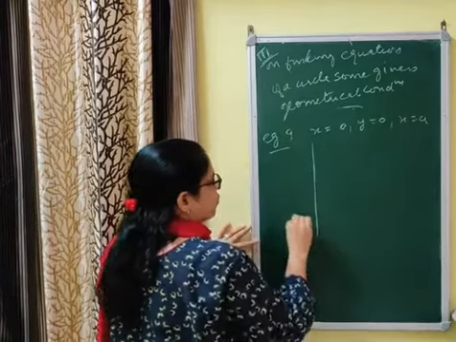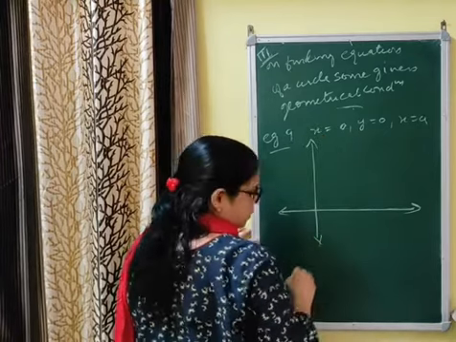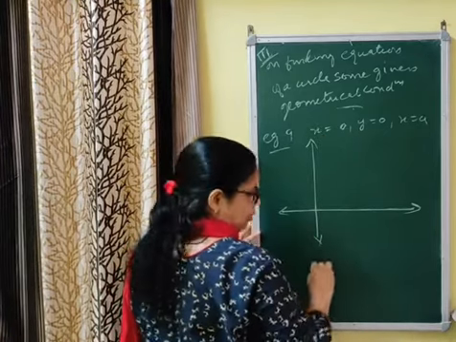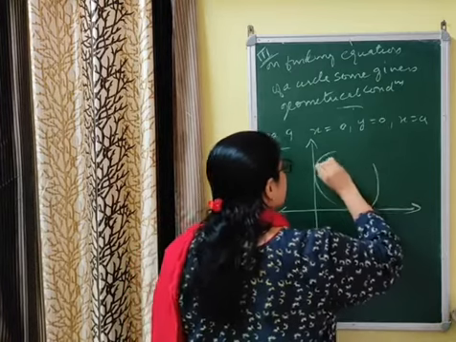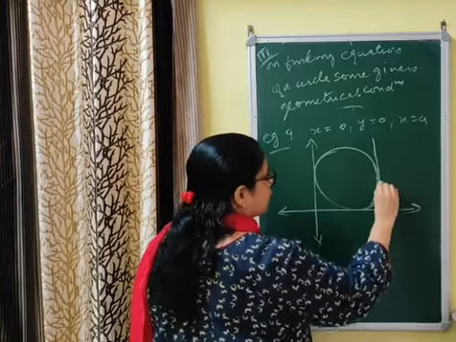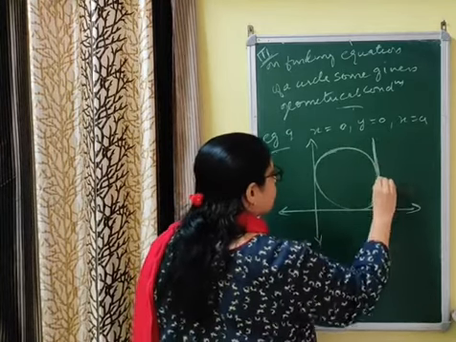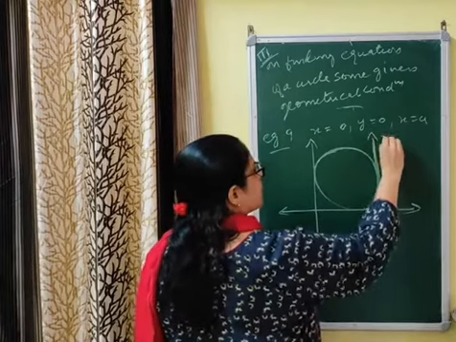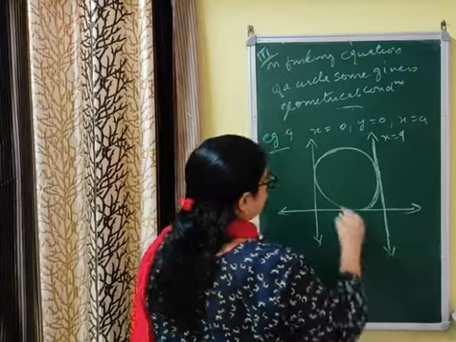Let me draw the figure first of all. Without the figure you can't do the questions in 2D as well as 3D. This is 2D. The circle touches both the axes, and one more line is given. The line is x equal to a, on the positive side of the y axis.